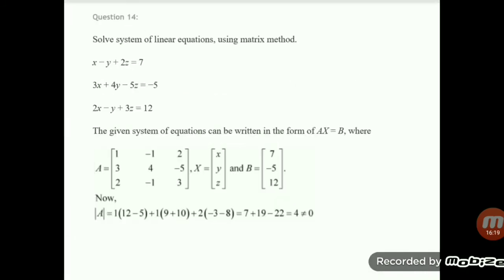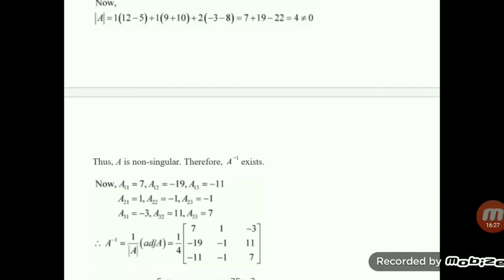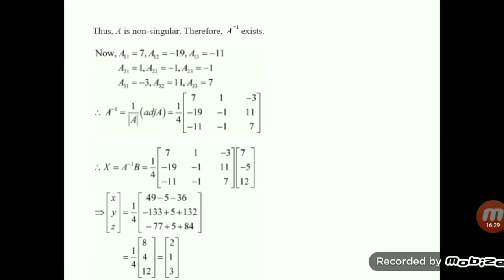Now you see, here also, this is similar. Solve the system of equations using the matrix method. I have put it in this form, determinant not equal to 0. Then after that, I have calculated the adjoint value. For the adjoint, I have found the cofactors, and then lastly I just substituted to get the value of A inverse, and these are the values of x. Okay, here you see this is a little bit different, so let me tell you. First, A is given, the equation is not given, but A is given here. Find A inverse.